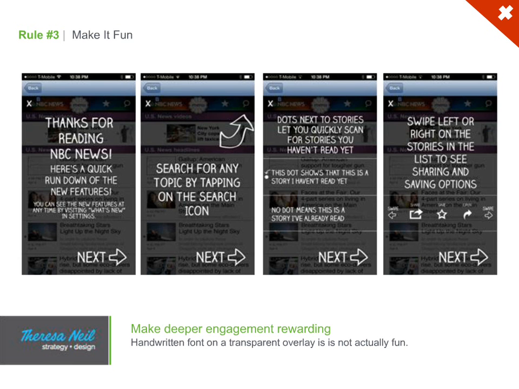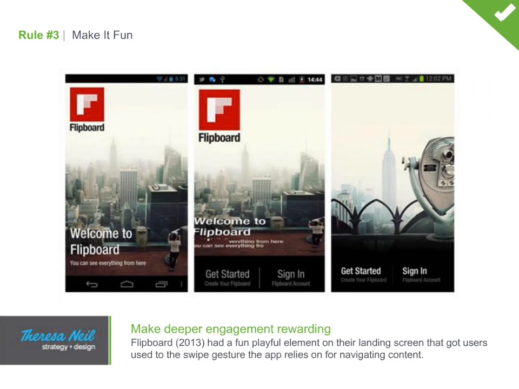If we look at this next example, and my system is giving me a little bit of an error as it hangs up here. Okay, in this next example, this is from Flipboard last year on Android. And I don't believe the current application has this anymore, but if you're interested in seeing it, there is a video out on YouTube. So when you came to Flipboard or installed Flipboard for the first time and opened the application,